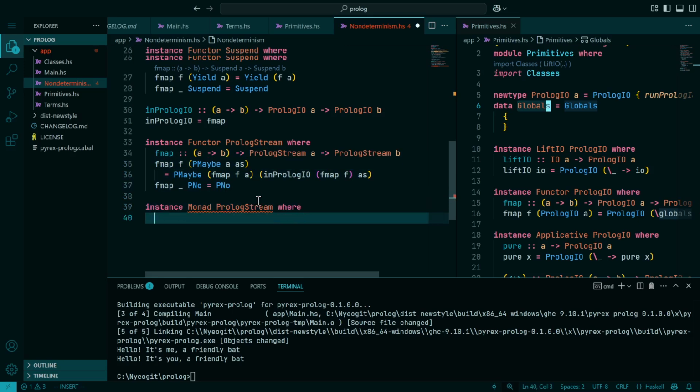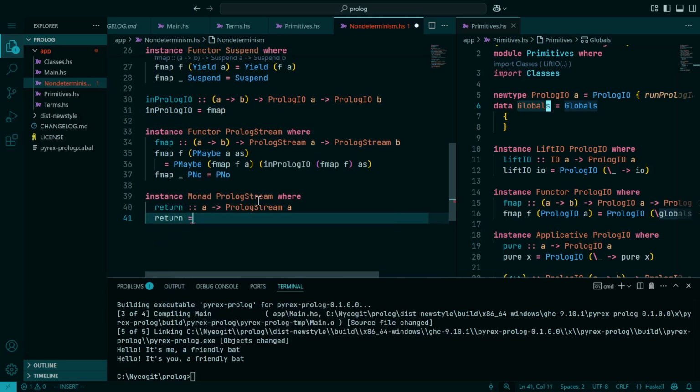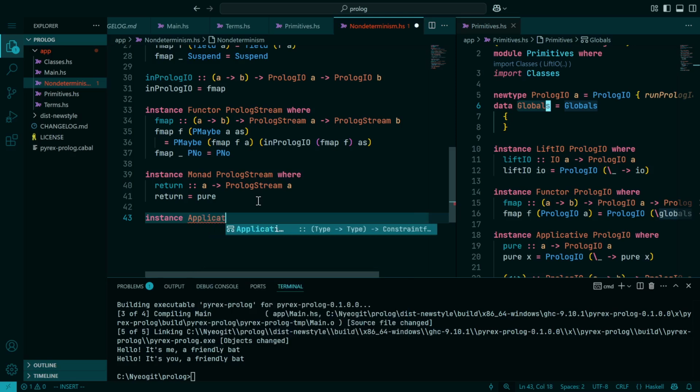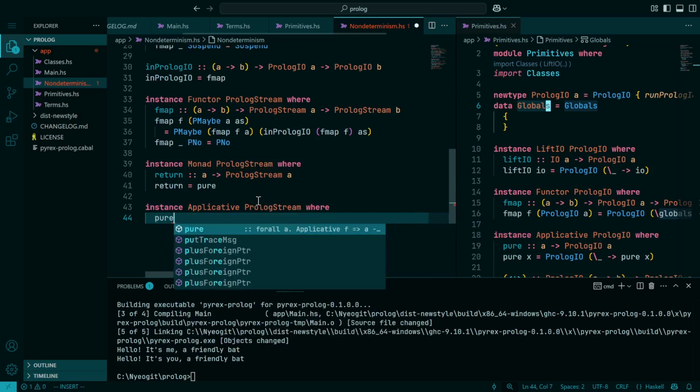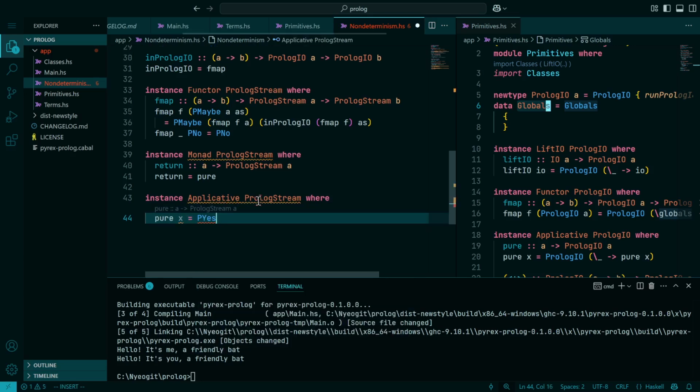We'll be taking advantage of that property in a moment. For now, we'll do these in tandem actually, because by convention, you would always write the phrase return equals pure because those functions are always defined the same way. The definition of pure is actually a little bit complicated. The gist of it is that we immediately yield the value x, and then